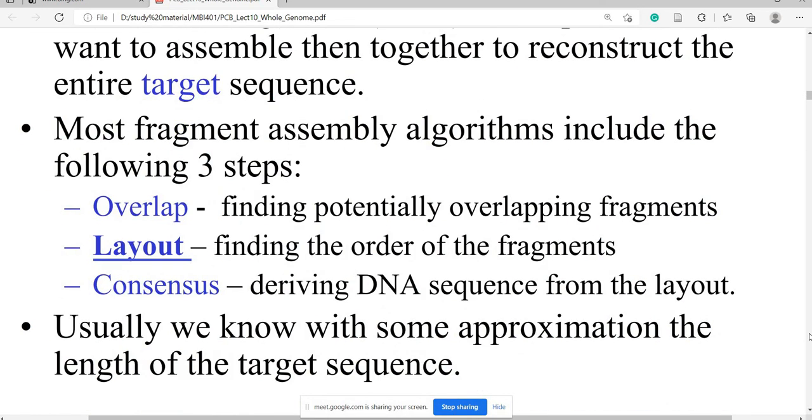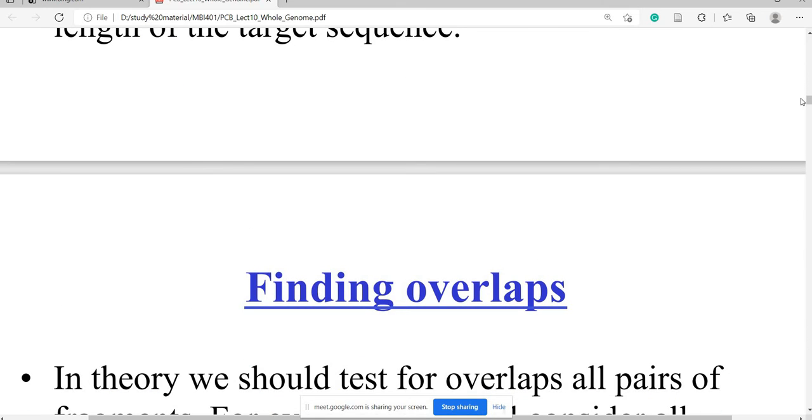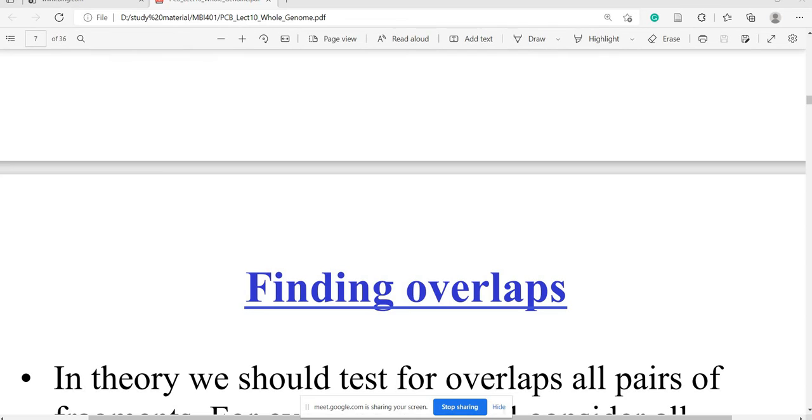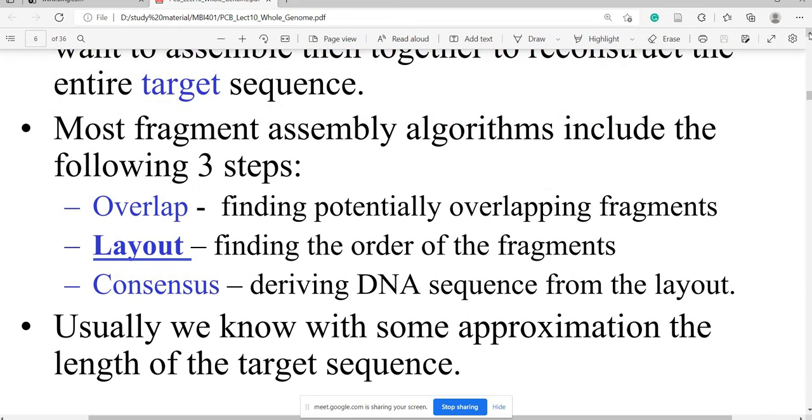Usually we know, with some approximation, the length of the target sequence. So we use some approximation also, but there should be an overlapping sequence, then only can we say these fragments belong to the same DNA.